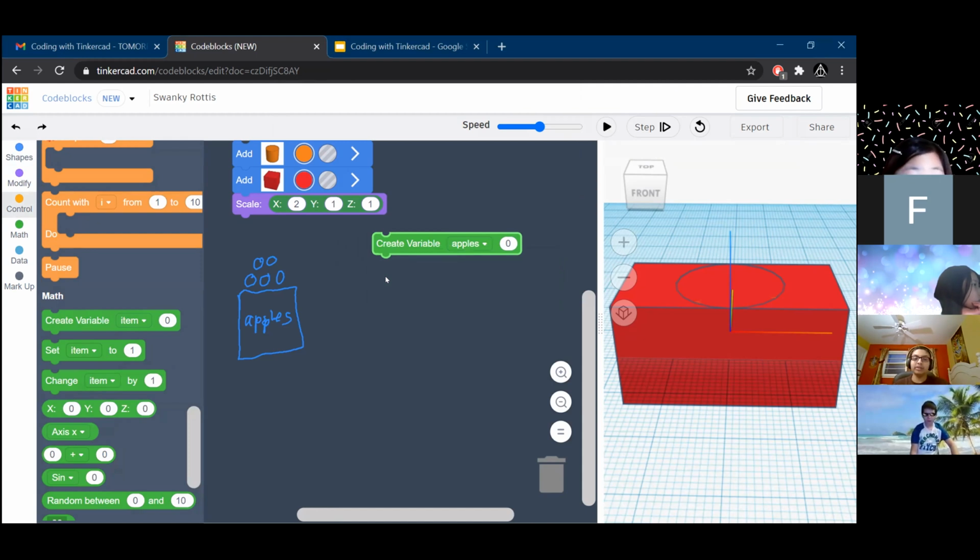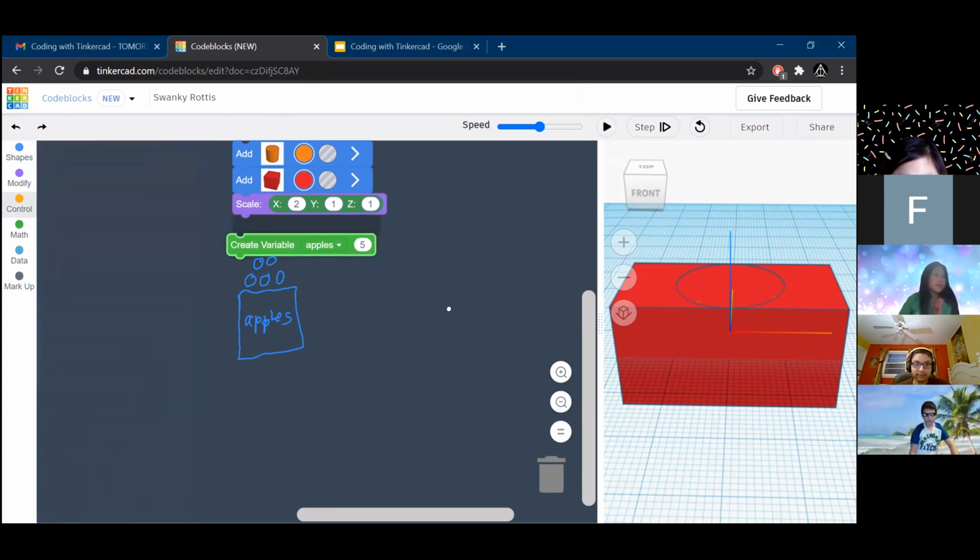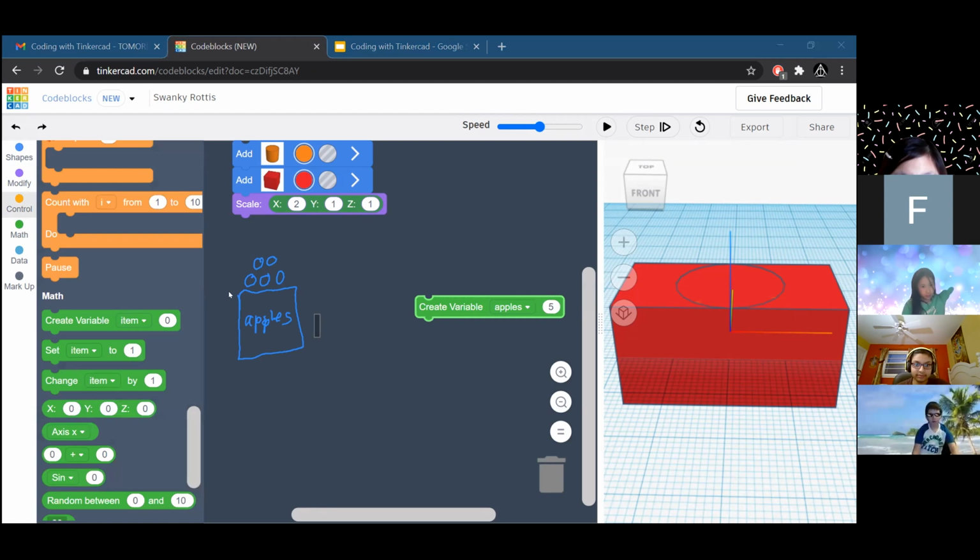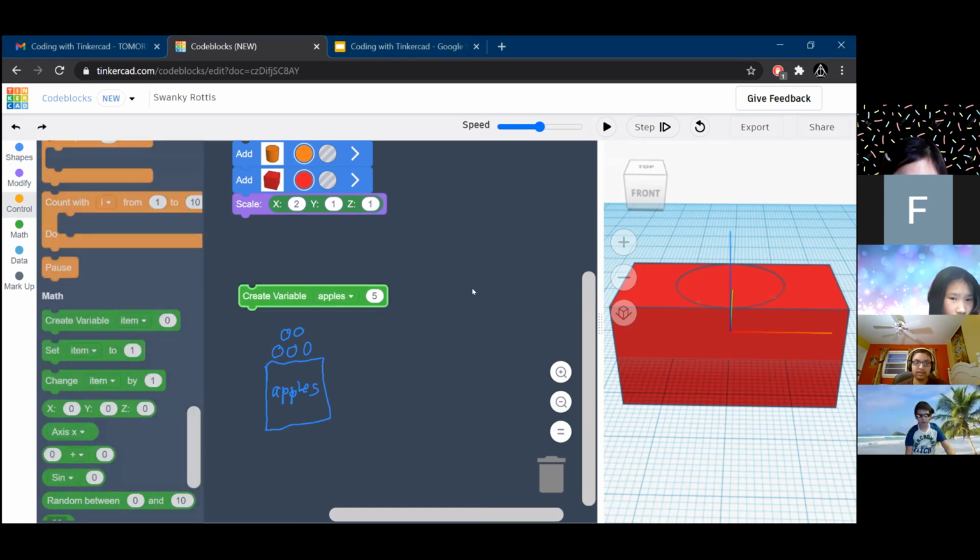So we have create variable apples, and inside that box, I'm going to put 5 apples. So I'm going to type in 5 here. This does this. Create variable 5 apples.